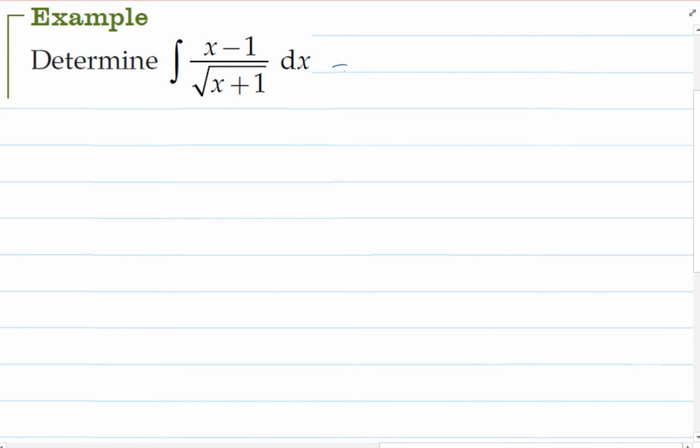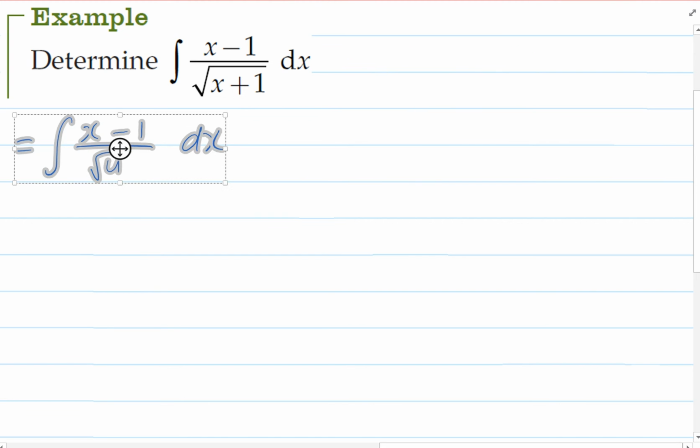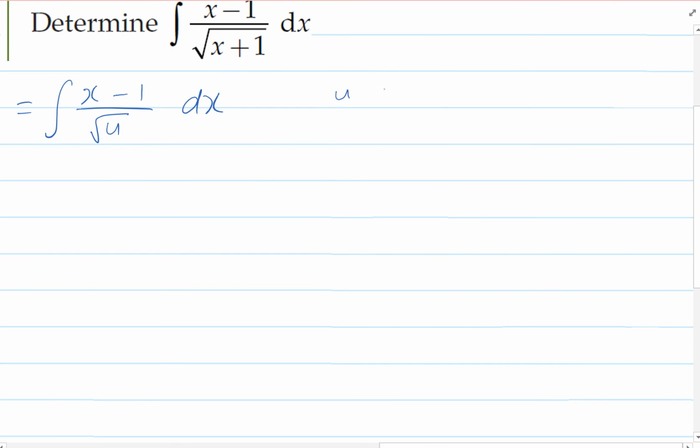So the substitution that I'm choosing is to replace x plus 1 with u, and so that will just leave me with root u on the bottom. Okay, in fact I will write that over here, where u equals x plus 1, therefore x equals u minus 1, and we can say that dx equals, if I differentiate that, I'll get 1, so it just equals